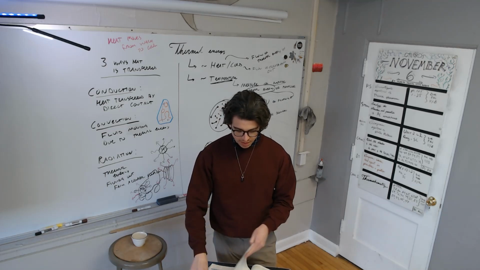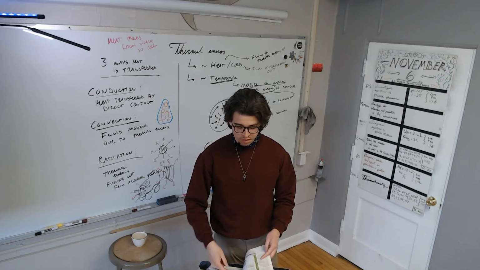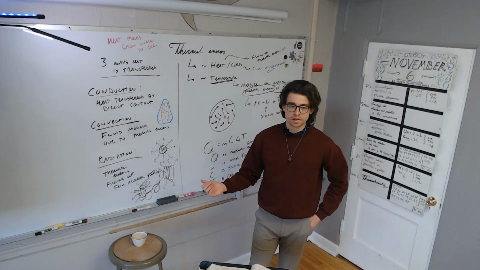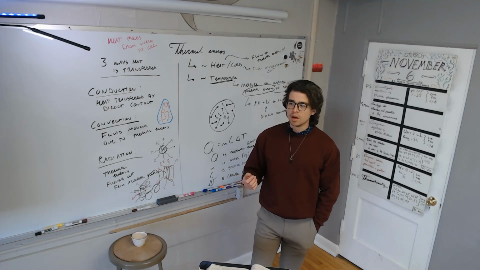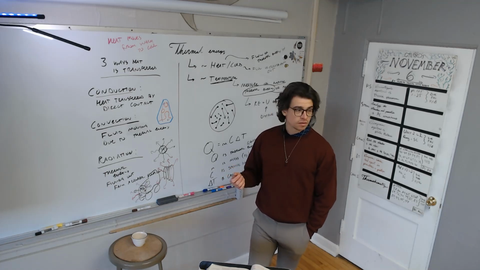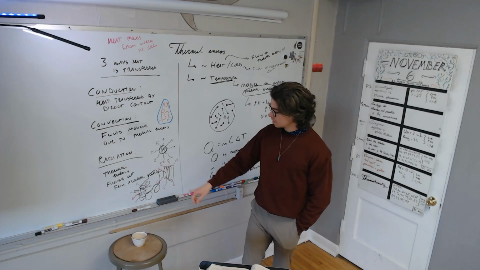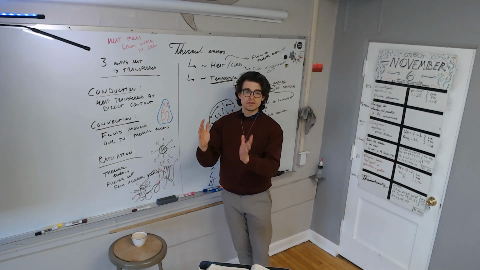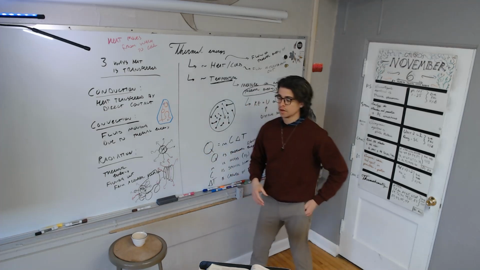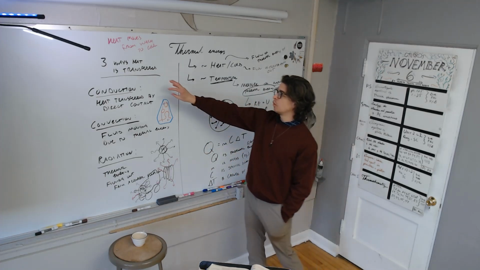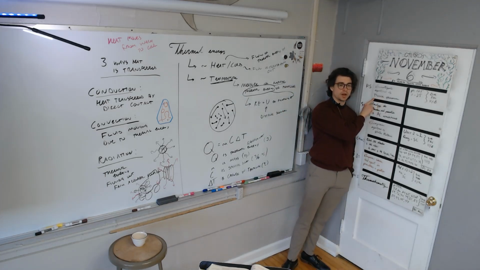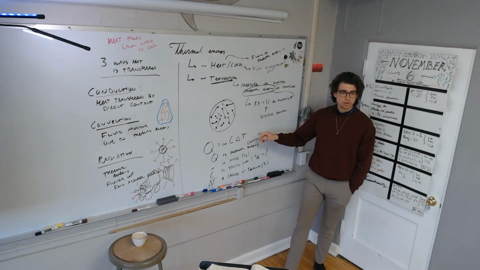Your book goes on to talk about how heat can be used for work, which I will trust you to read about. But it basically comes down to kind of what we talked about, the engine. It talks about the internal combustion engine. It talks about a refrigerant, which is kind of like what a radiator is. It takes heat from a certain place and radiates it out in some other environment. But do you have questions about the ways that heat is transferred, or primarily about the systems of thermal phenomena, the ways that heat moves? Do you have questions about this equation? We'll do more practice with the equation.